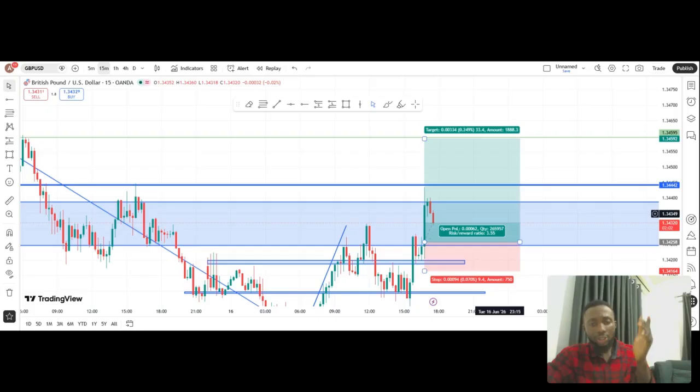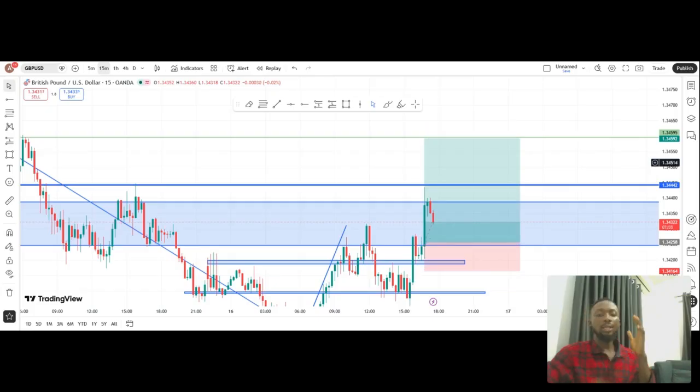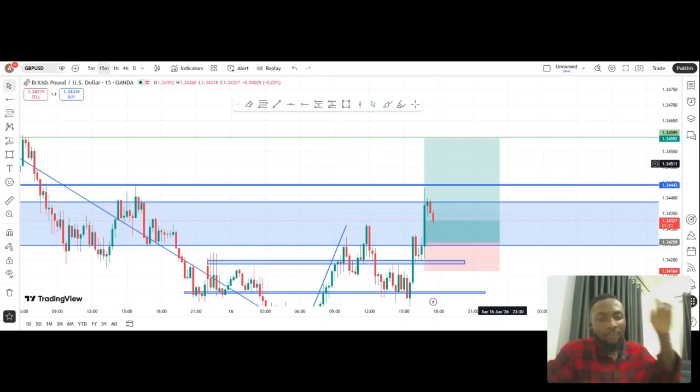So, in a nutshell, if you are trying to enter the market and somehow you find yourself confused on whether you should enter the market or not, these are the confirmations, or the things I want you to look out for as a trader. As a trader, you need to first be good with your top-down analysis. While you are doing your top-down analysis, make sure that you identify the market trend. Also make sure that the market trend on all the time frames that you are checking, which is the daily time frame, 4 hour time frame, the